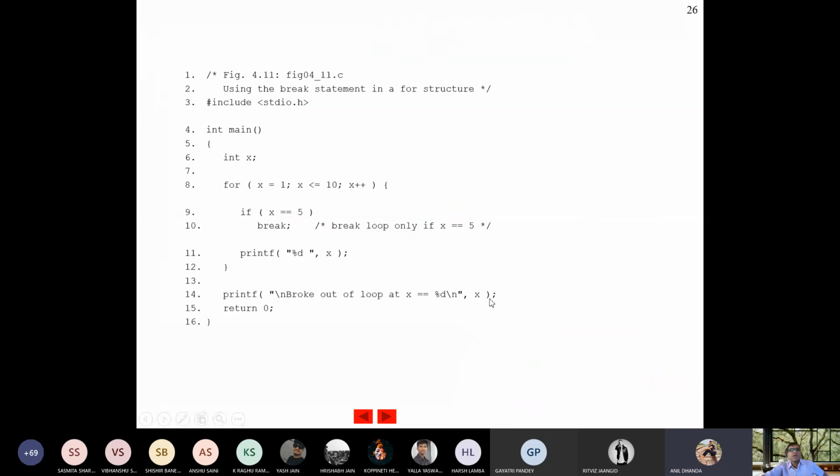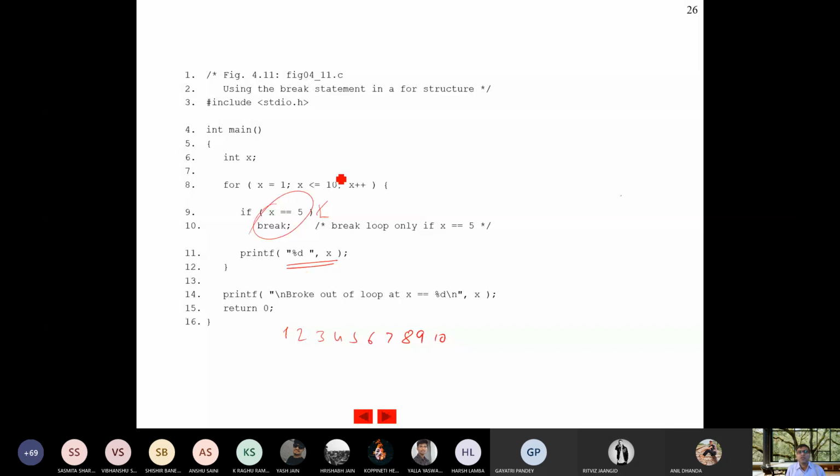No, sir. Okay. Now come to the continue and break statements. I have already shown you this program, and this program will break at x equals 5. So what is the output? Each time it is printing the value of x. So x will go 1, 2, 3, 4, 5, 6, 7, 8, 9, 10. It will execute 10 times, but break is written at x equals 5. So it will not print 5, and the final output will be 1, 2, 3, 4, 6, 7, 8, 9, and 10.